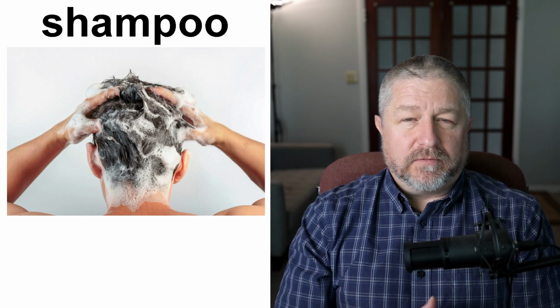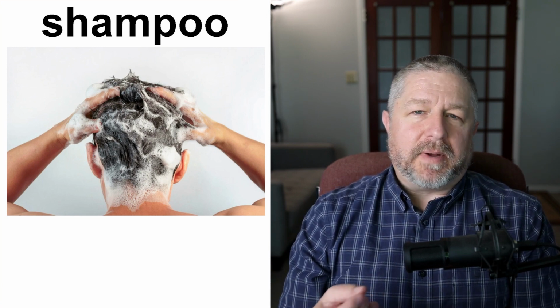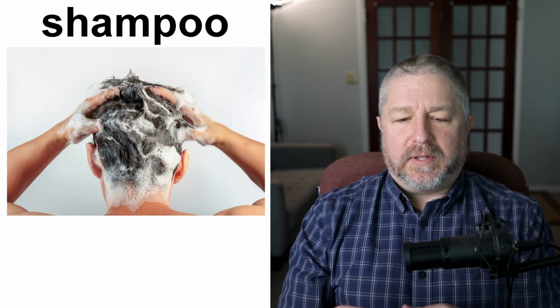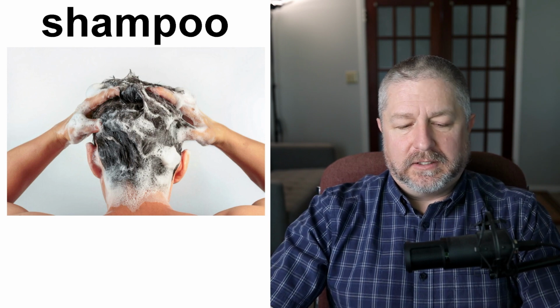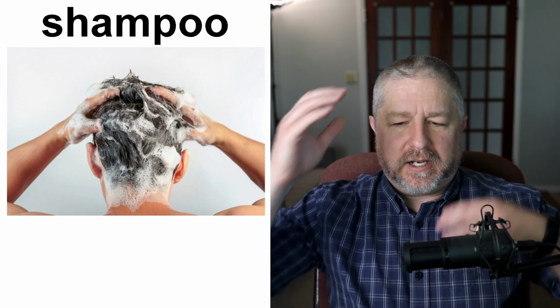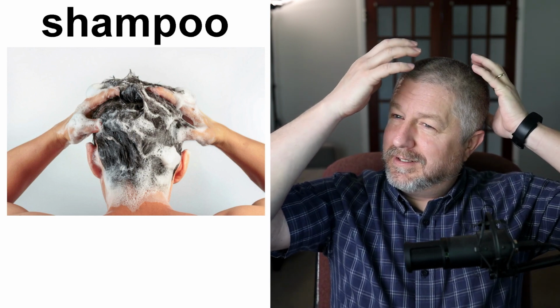Again, when you wash your hair, you use shampoo. Some people just use soap, but the vast majority of the world, when they wash their hair, will use shampoo. It's a special kind of liquid soap that you use for your hair, and you put it in your hair and then you rinse your hair when you are done. So you get your hair wet, you put shampoo in your hair and you kind of scrub your hair, or you, what would you say? You wash your hair.